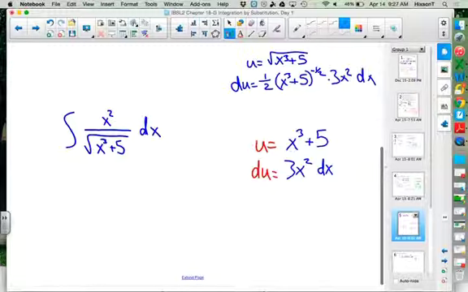So it's thinking ahead to see what you can match up to the original. Yeah, basically. And that's where, if you did try this, then you might see, hey, wait, I see a 3x squared. Maybe I should just use the inside, okay? Because here's what we'll have then. Since this is a 3x squared dx,